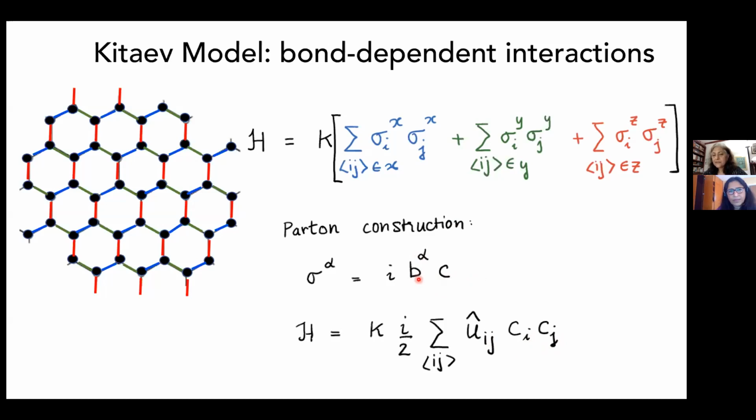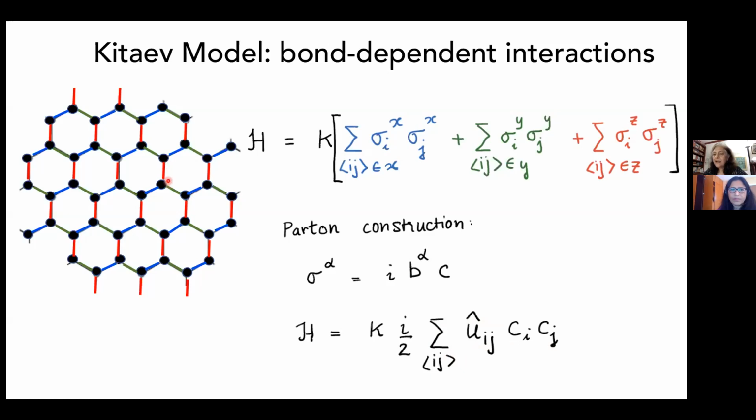And this B fermion is localized. The C fermion is itinerant. So these B fermions on the different bonds, you can combine them around a plaquette to define a plaquette operator. At face value, it looks like we took a two spin interaction and just wrote it as a four fermion interaction. So that has not really simplified the problem, but he was able to see that these